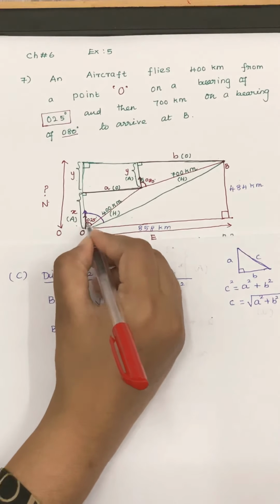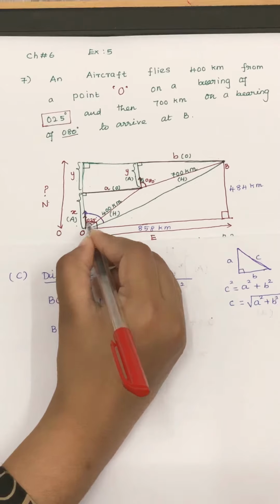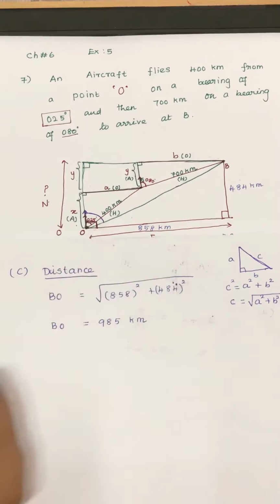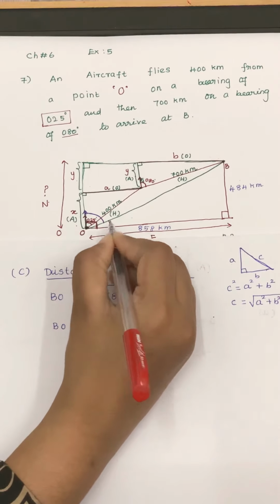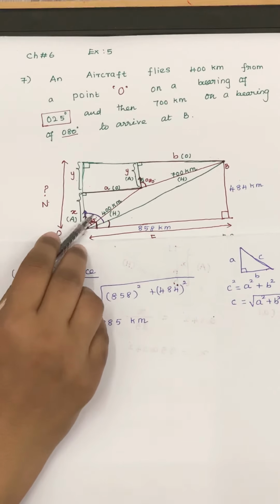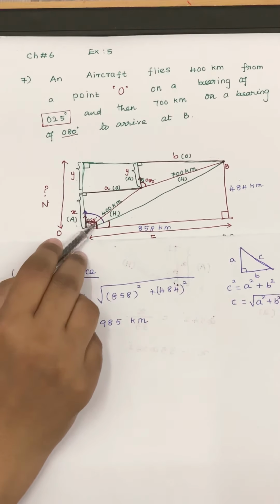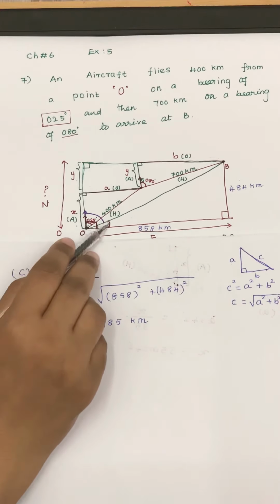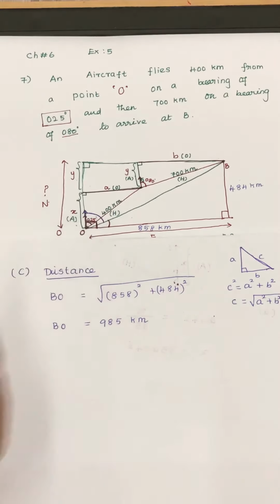So tell me, students, what is this angle? This angle is 90 degrees, right? So you have to be very carefully focused here. This is 90 degrees. If I know this angle, 90 minus this angle will give me what? The bearing. What I have to find is that angle, right? This full angle is 90 degrees. 90 minus this angle will give me this one. That is my bearing of B from O.